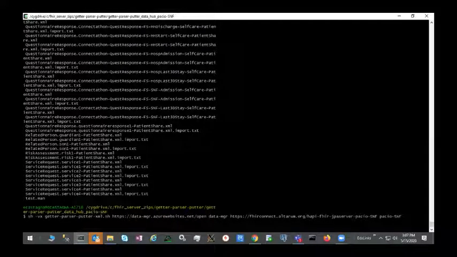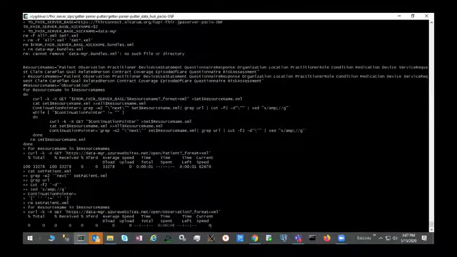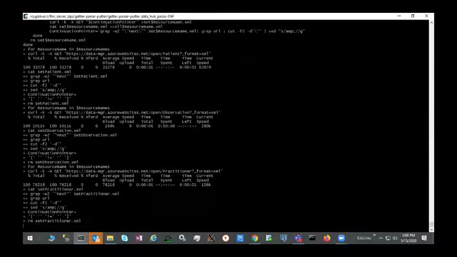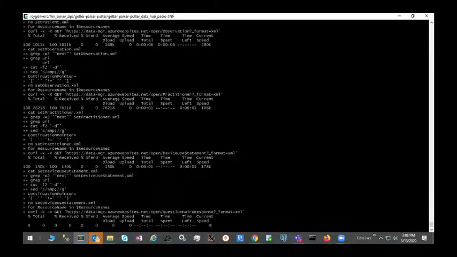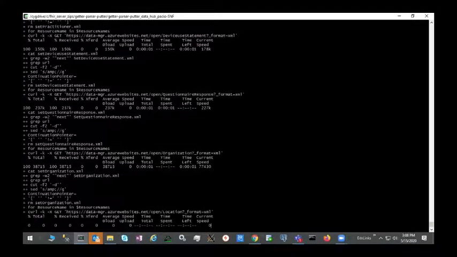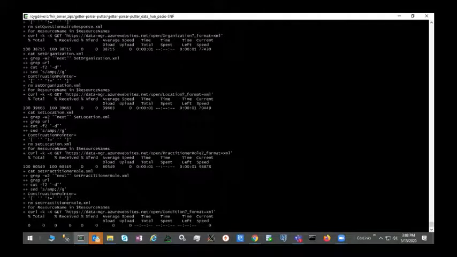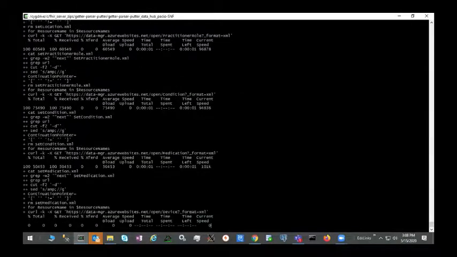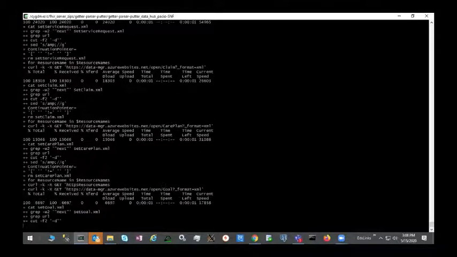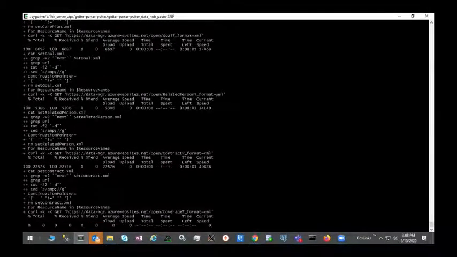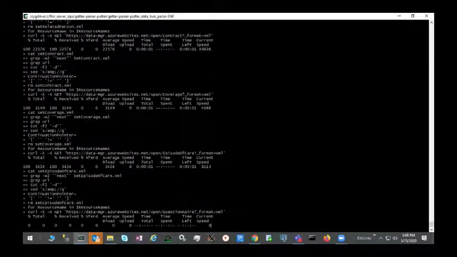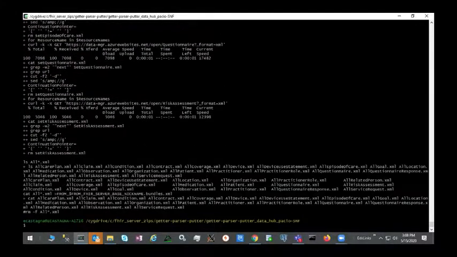actual commands that it's doing. All right, it's actually going to be reading resources in from the data hub. And this is actually going to be a couple of minutes for this to finish even. But it's going to be pulling out all of the resources that are found on the FHIR server at this point in time, and eventually going to be parsing them into individual resources that can be used and pushed over to the